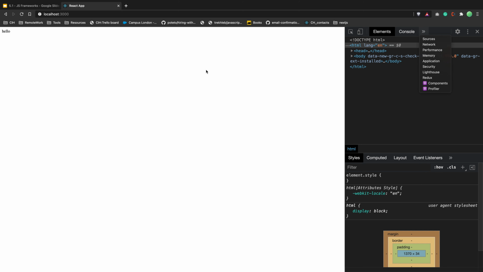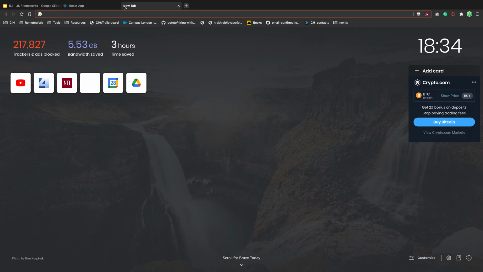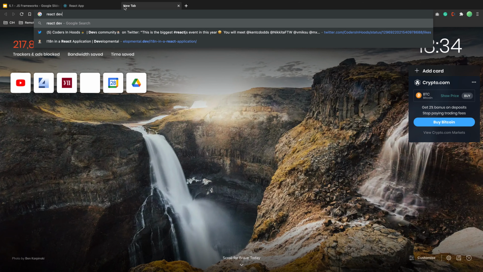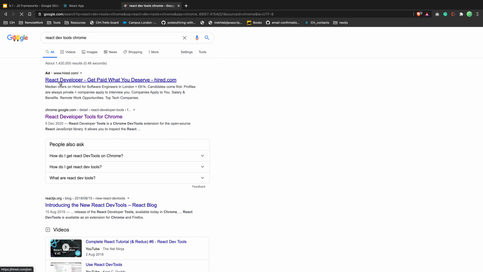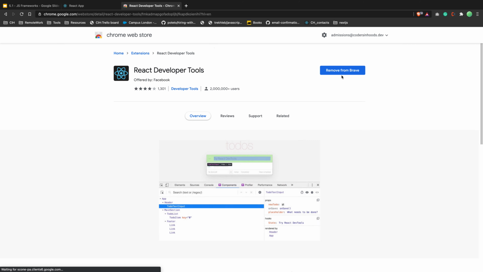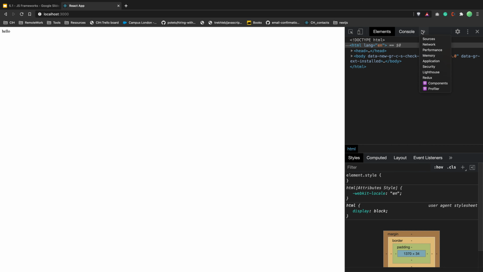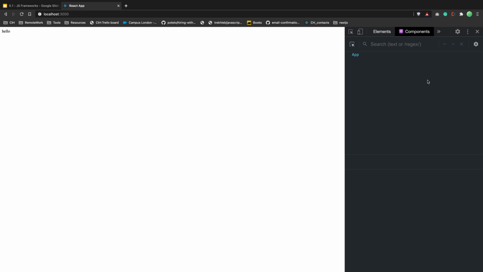For now, just one. This is React DevTools for Chrome. So you can install it to your Chrome. This is the one. And then you will have another tab, which is components. And I have just one component, app, right? And here you can see props, which I don't have any. I don't have any state. I have nothing here basically.